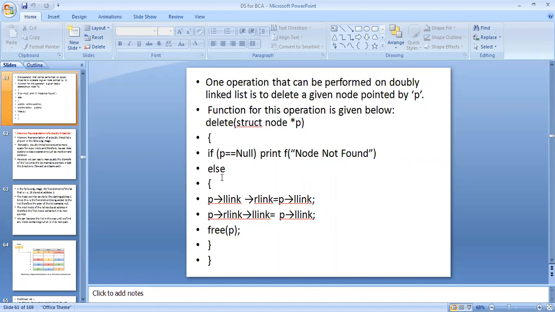Else, P->llink->rlink is equal to P->rlink, and P->rlink->llink is equal to P->llink. Then free(P), and both brackets are closed.